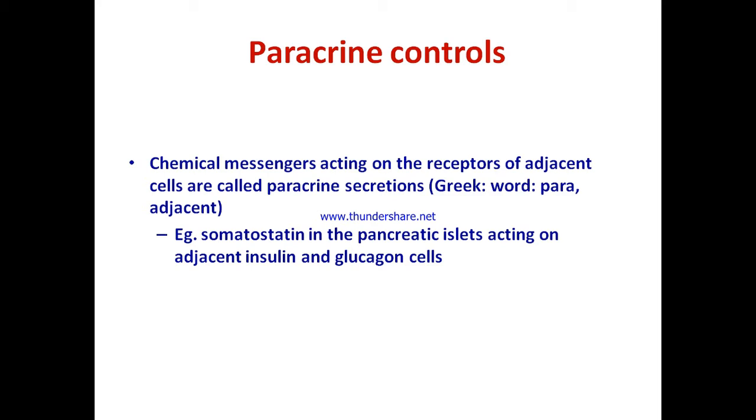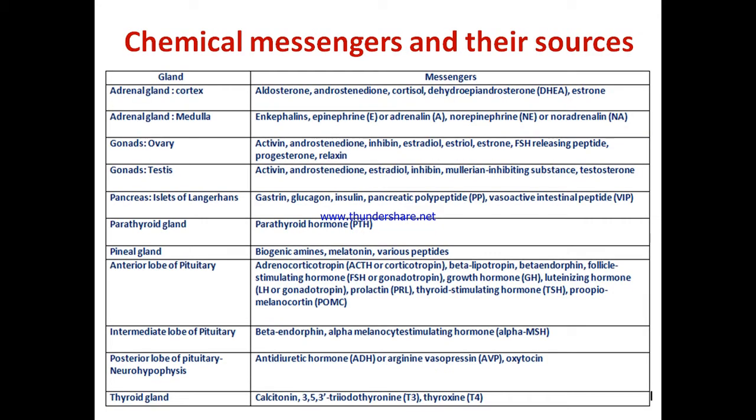It acts on adjacent insulin and glucagon cells. So that is a paracrine control. This table shows certain chemical messages and their sources. The adrenal gland cortex secretes aldosterone, androstenedione, cortisol, dehydroepiandrosterone (DHEA), and estrone. Whereas the adrenal gland medulla secretes enkephalins, epinephrine,